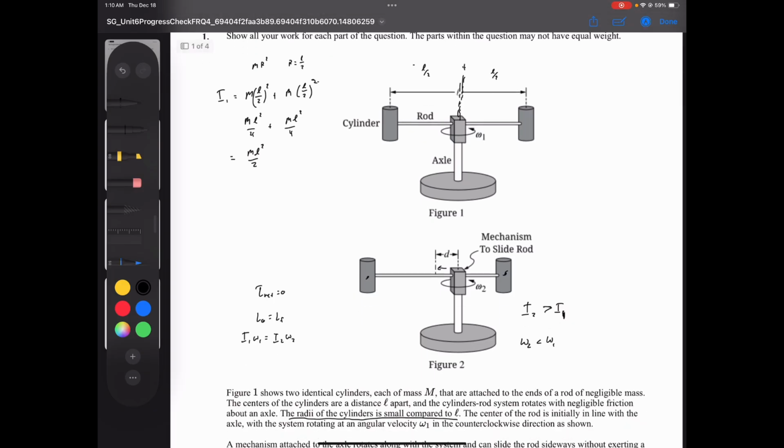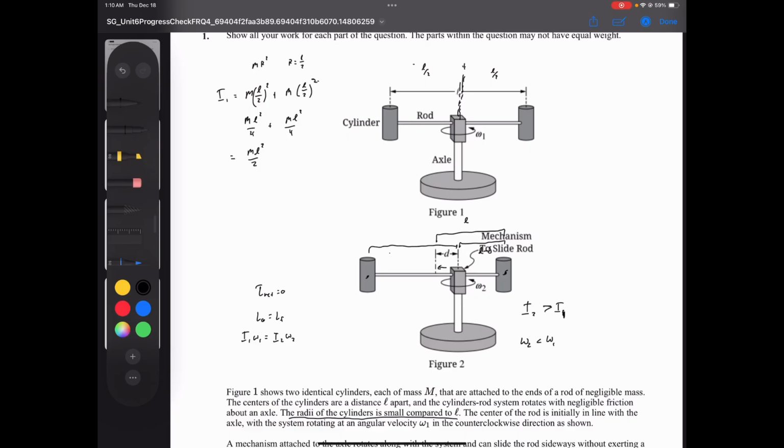For my final moment of inertia, it's slid a distance d, so this cylinder got moved away some distance d, and this cylinder got moved closer some distance d. This distance here is still L, but my axis of rotation is here. So this distance is L minus d, and this distance over here is going to be L plus d. Now I'm going to write it again. So I2 is equal to the moment of inertia of this cylinder on the left, plus the other one. So I have m times,